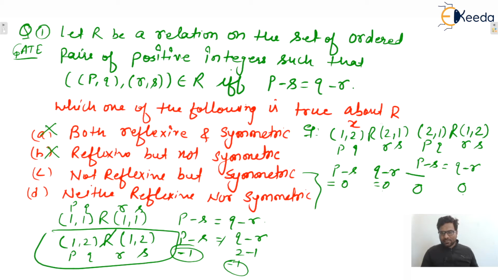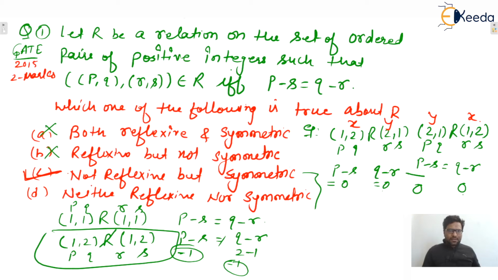Here we can say that X is related with Y, and also Y is related with X. That's why we can say that it is symmetric. You can check for every positive integer. Take P, Q, R, S, these are positive integers only. So everywhere you will see that it will be a symmetric relation. I hope this one is clear to everyone. So this is not reflexive but symmetric, so the correct answer will be C only. This question was in GATE 2015 for 2 marks. So you can solve each and every question in this manner only.